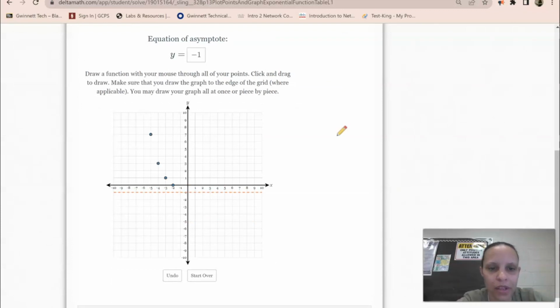Now, the big thing about this, when you're drawing the function, it's going to do all kinds of things, right? But when you come to the isotope, do not cross the isotope. Do not touch the isotope. Don't do that. Do not also do this, like where you're just coming right down here, okay? Don't do that. So just make sure that when you're drawing your line, go through the points as best as you can. And when you get here, gradually